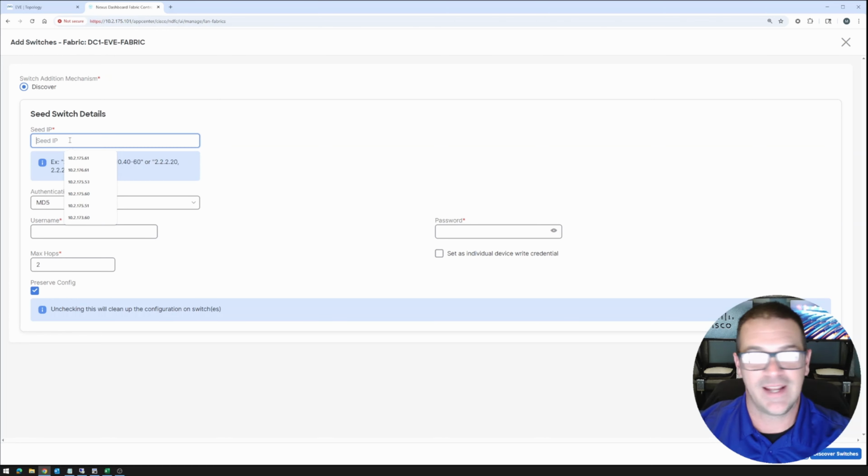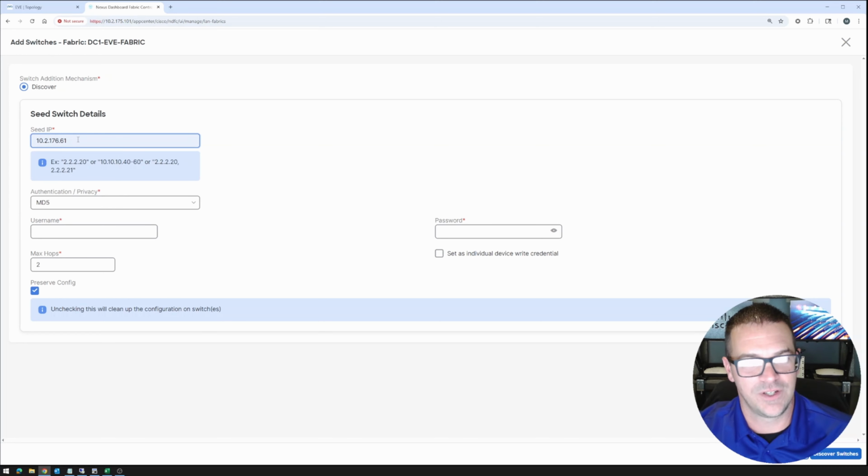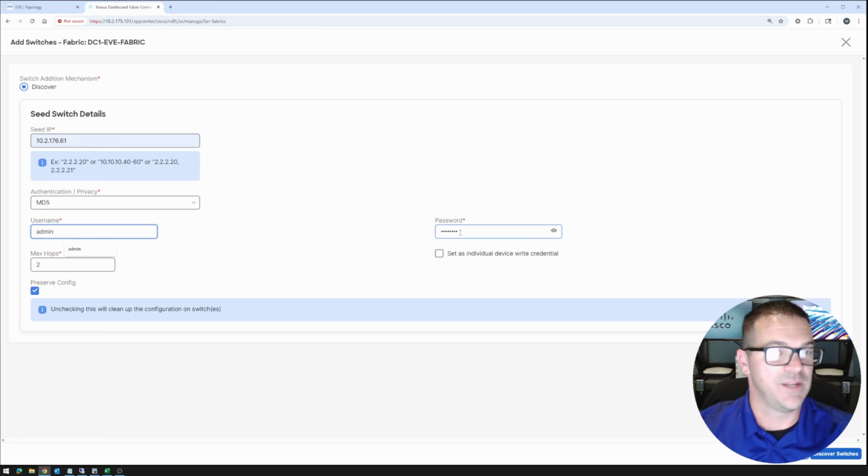So in my case, I've already got these management IPs applied to the switches. So I'm just going to choose one out of the bunch. I'm going to choose 176.61, which is actually leaf 1. Okay. And then I'm going to provide the username and password that I had configured on there. And last but not least, this preserve config